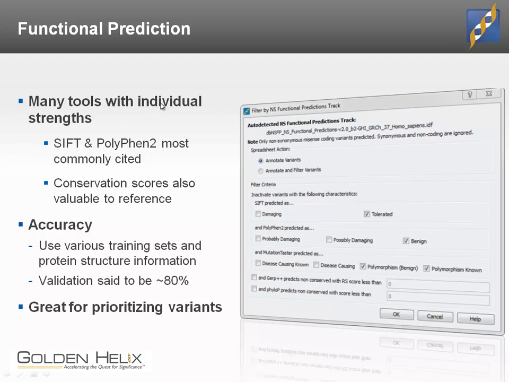Finally, alongside just population information, one thing we have today that we didn't necessarily have with as much detail in 2011 is a lot of tools that focus on predicting whether those non-synonymous variants, remember we've gotten to 8 non-synonymous variants so far, are likely to actually be damaging to the protein's function. So even though you might change an amino acid in a protein, that doesn't necessarily mean that that protein can't go about its day doing everything it would like to do.